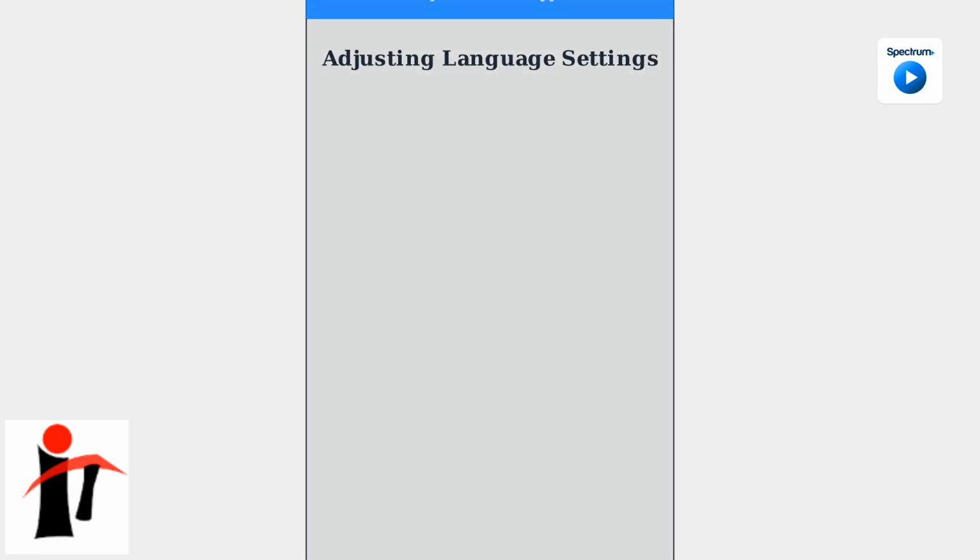Try clearing the app cache, ensuring a stable internet connection of at least 25 Mbps, resetting the app, or contacting Spectrum support for help. The Spectrum TV app allows you to adjust language settings for audio and subtitles, catering to